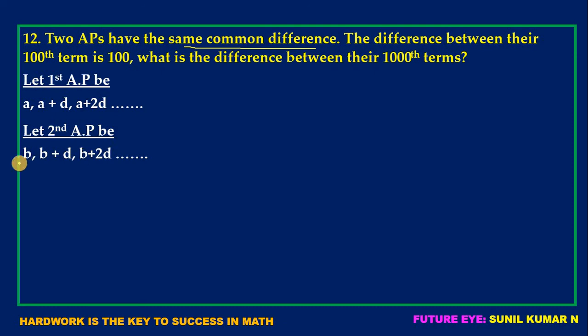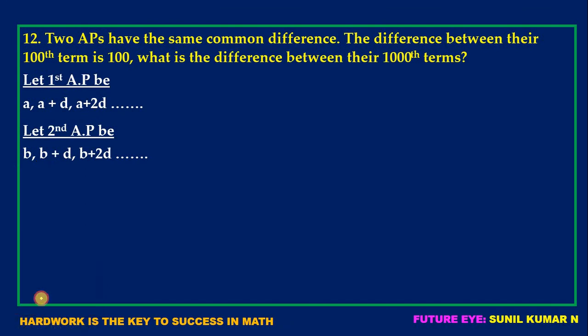And you may ask, sir, why have you taken B itself? You may take other letters also except A. You may take C, and don't take D also. If you take D again you will be in confusion. Except A and D, you take any other letters. It's not problematic for us.